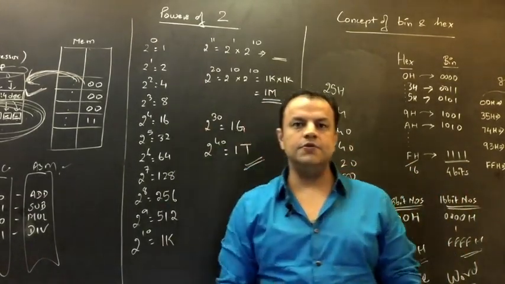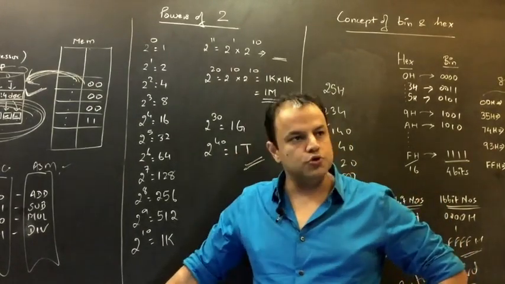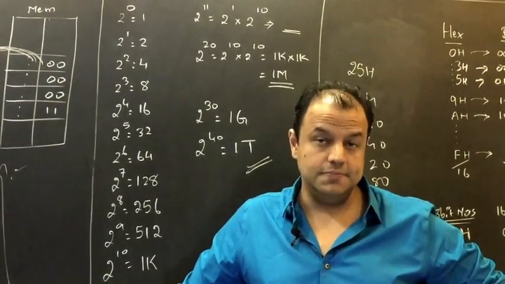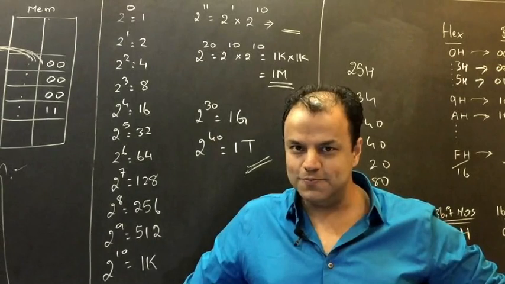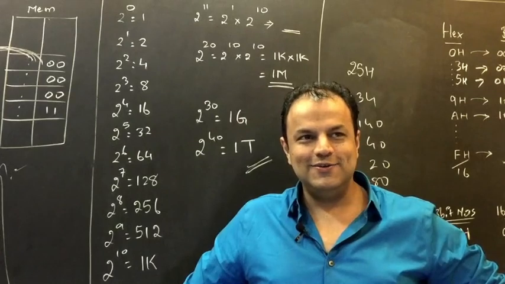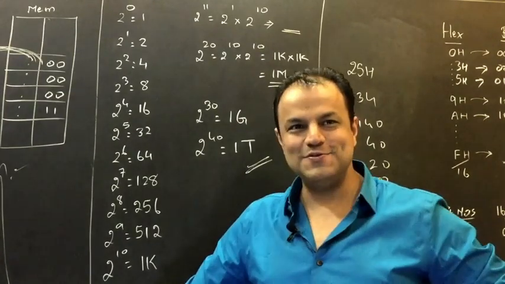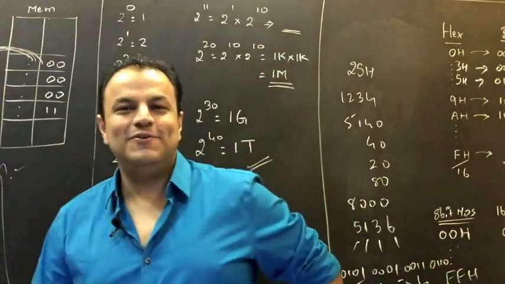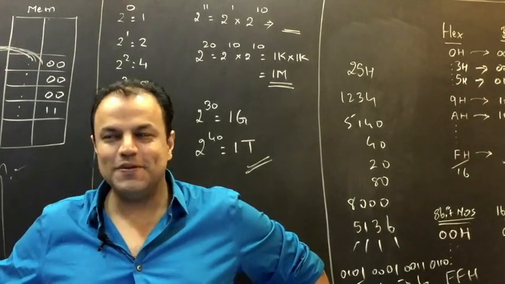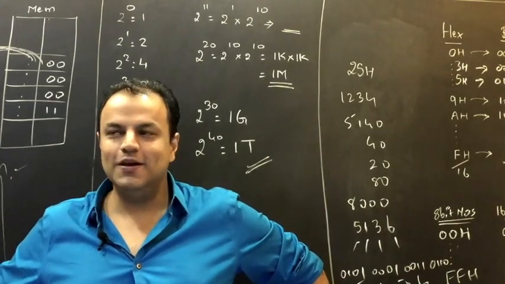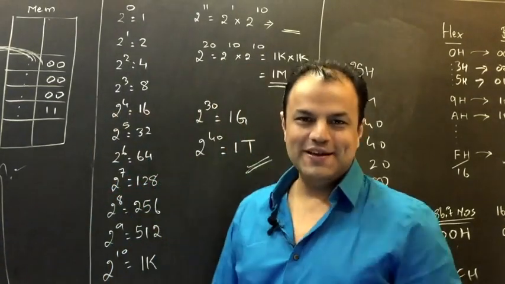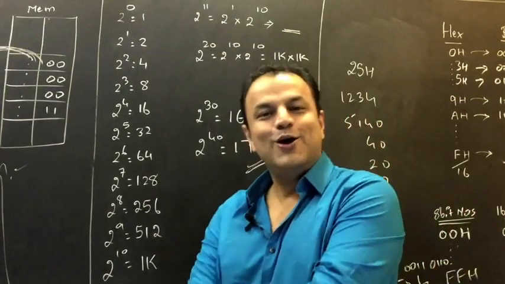Now, if I ask you any power of 2, you should be able to answer. If you want, take a look. If you want, try to answer it from your mind. That will be better. 2 raised to 5, 32. 2 raised to 7, 128. Try not to look. Come on, don't cheat. 2 raised to 3, 8. 2 raised to 4, 16. 2 raised to 6, 64, 2 raised to 7, 128, 2 raised to 2, 4, 2 raised to 8, 256, 2 raised to 9, 512, 2 raised to 10, 1K, 2 raised to 11,